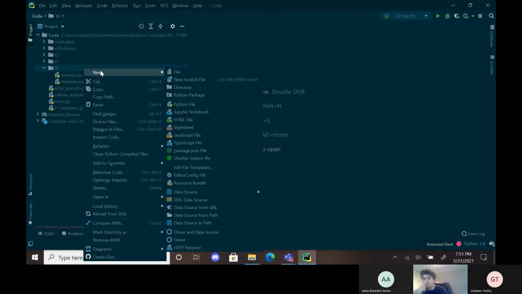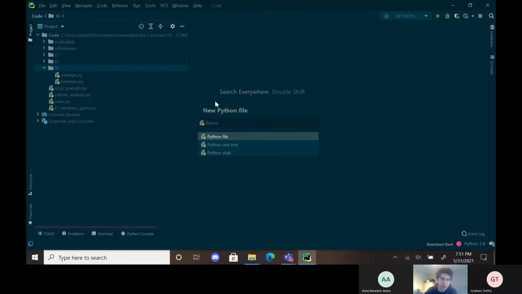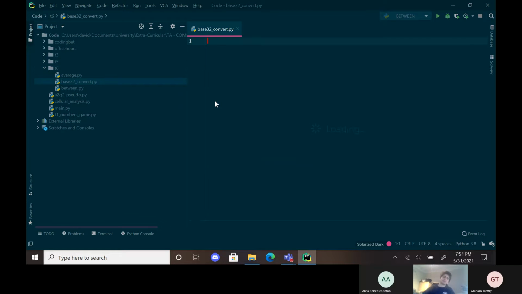Okay, fun. I mean, this is kind of a bit silly because we did this kind of question for the assignment, but that's okay. We'll do it anyways. So I'm going to call this base 32, and it's going to do that. Essentially, we're going to have 32 possible options, and we're going to use those. So first of all,